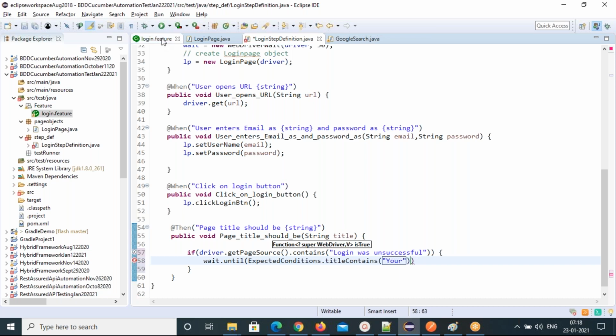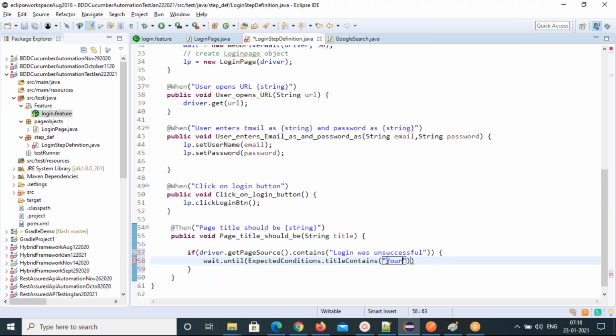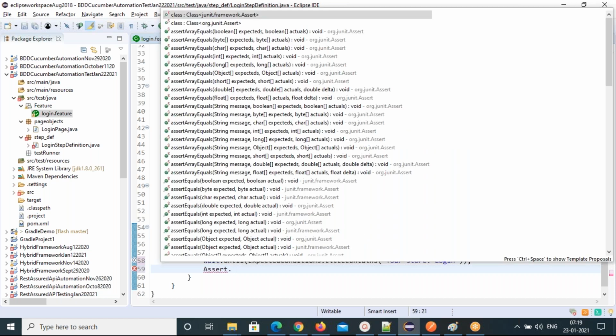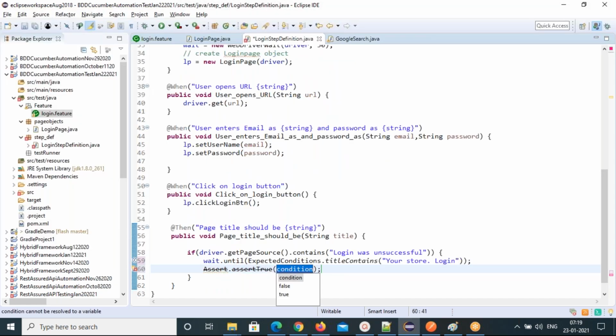So we can copy from here. Then you can say Assert dot assertTrue or false. You can make it false, that means I'm making the test case fail. So the test case is failed. You can just write false so that it will fail.